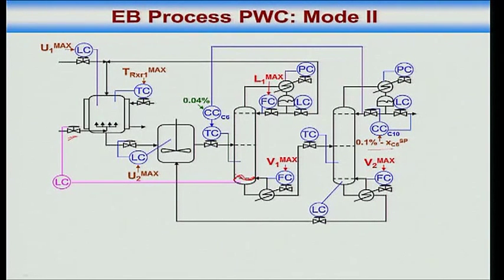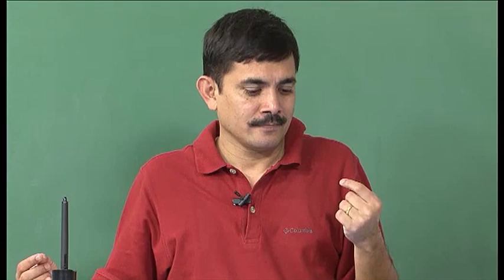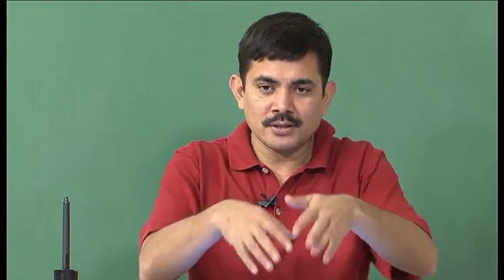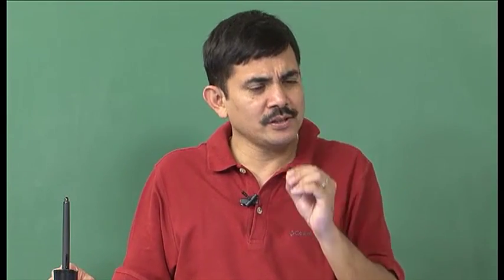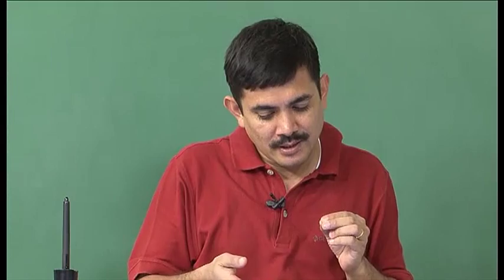Okay. Alright. So, we don't need a very tight control. No, it's not a question of very tight control. You see, what happens is even for a 1% change in throughput, there is no throughput manipulator here. So even for a very small disturbance, let us say a 1% change in throughput, or 1% change in one of the set points, either temperature or pressure or composition or whatever, what happens is this bottom level in the recycle column either overflows or runs dry.